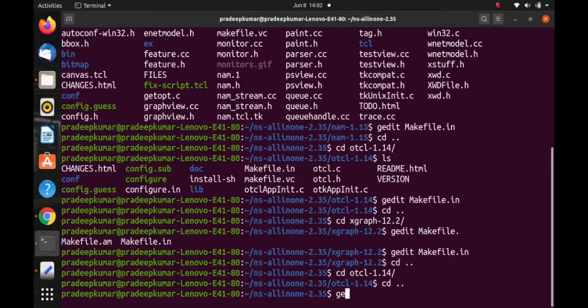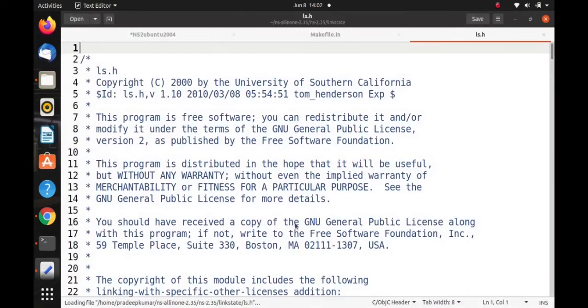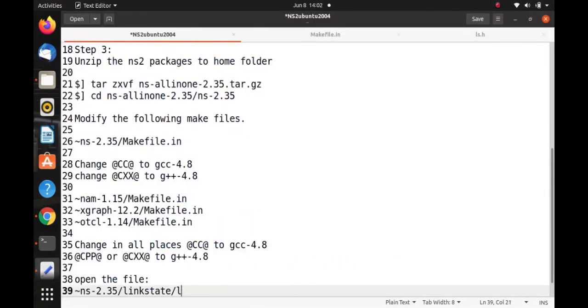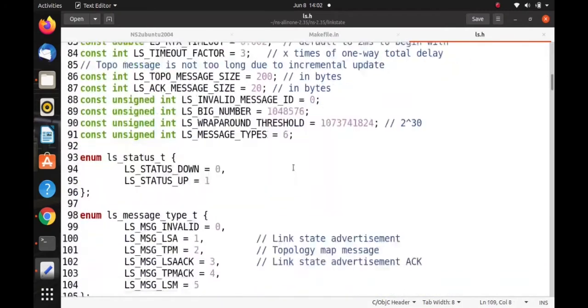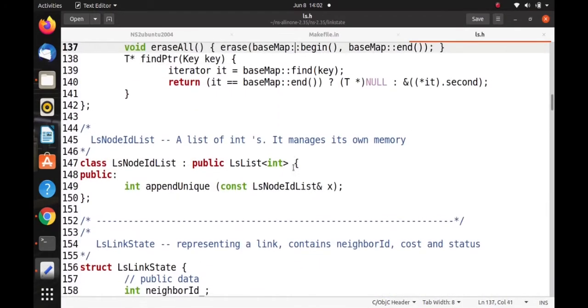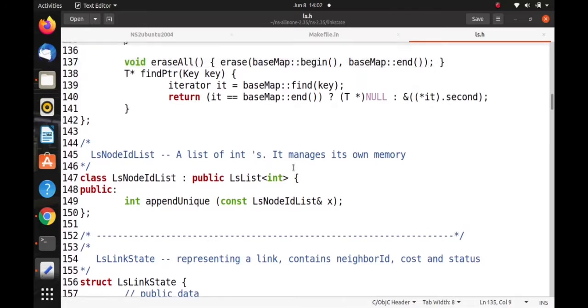I'll check it: gedit, ns hyphen 2.35 linkstate ls.h, not list, it is ls.h. In this file, change the line at line number 137. I'll go to 137. So line number, this is 137, this line.